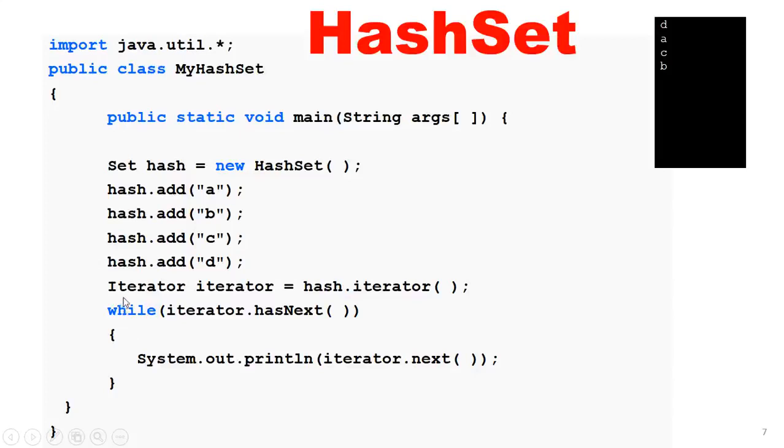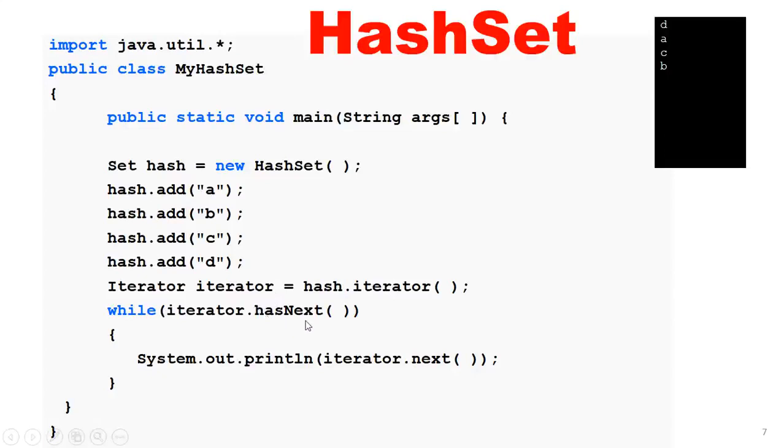The speciality of iterator is that it contains all the elements of set one by one, like a loop. It contains the hasNext function.